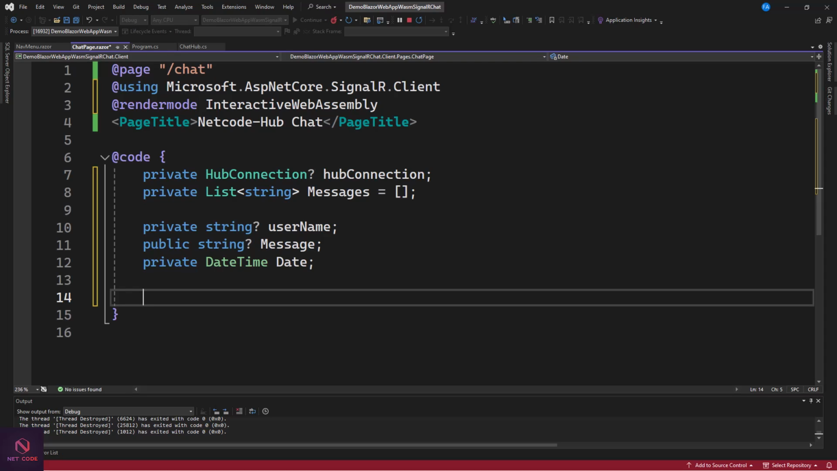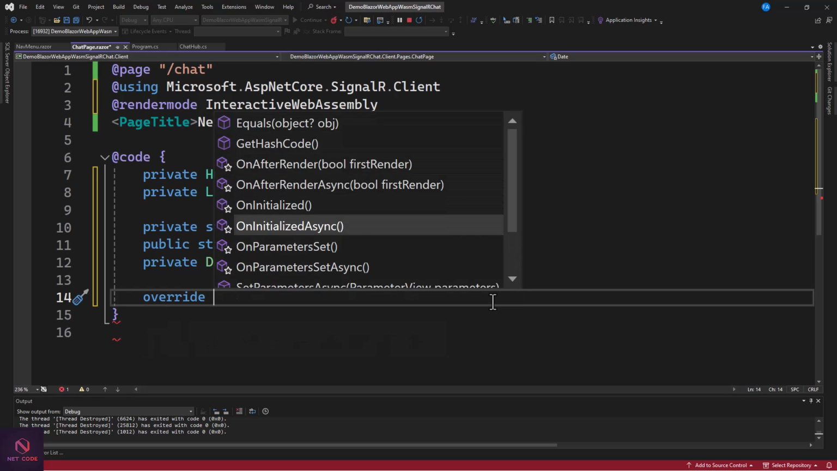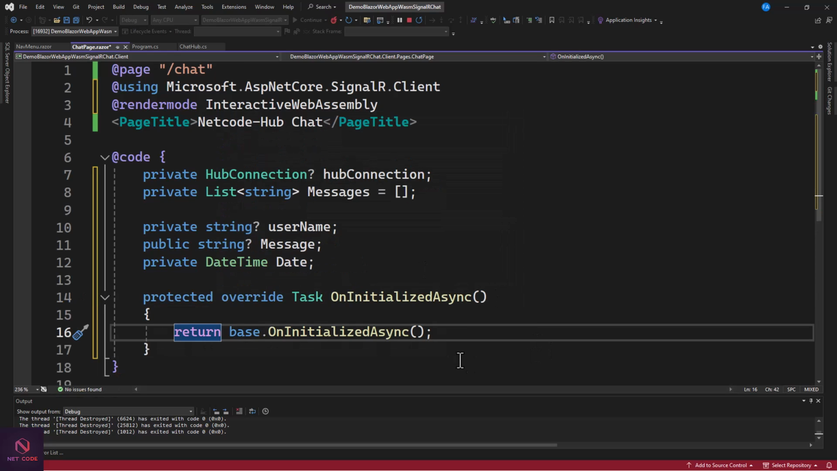Okay, and this build connection has to happen as soon as the page initializes. That is on which page lifecycle? Which one do you think? On initialize. That's correct. Okay, so override, then OnInitializedAsync. When the page initializes, that is where we want to perform this magic. So we're going to say that app connection